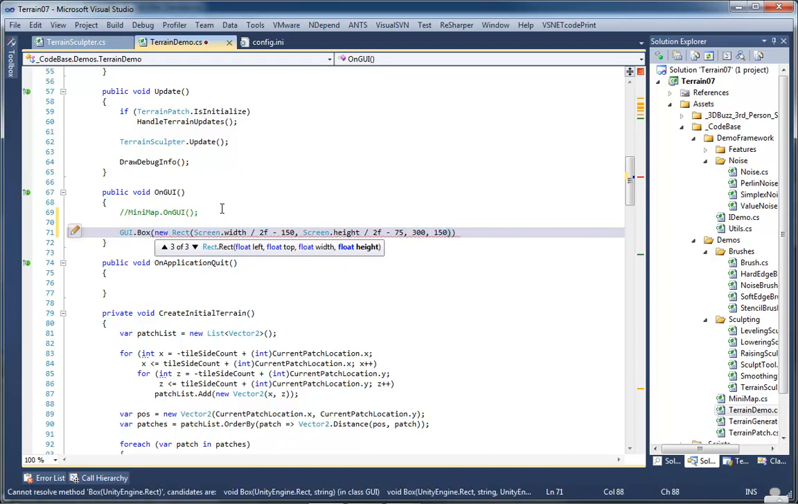This will give us a box that's twice as wide as it is high, centered around the center of the screen. Now, we've got several different overloads. We can set up a GUI content. We can set text. We can put an image in it. We can use specific GUI styles, an image and a GUI style. Well, to start off with, I'm going to use just the text overload of this. So, comma, and